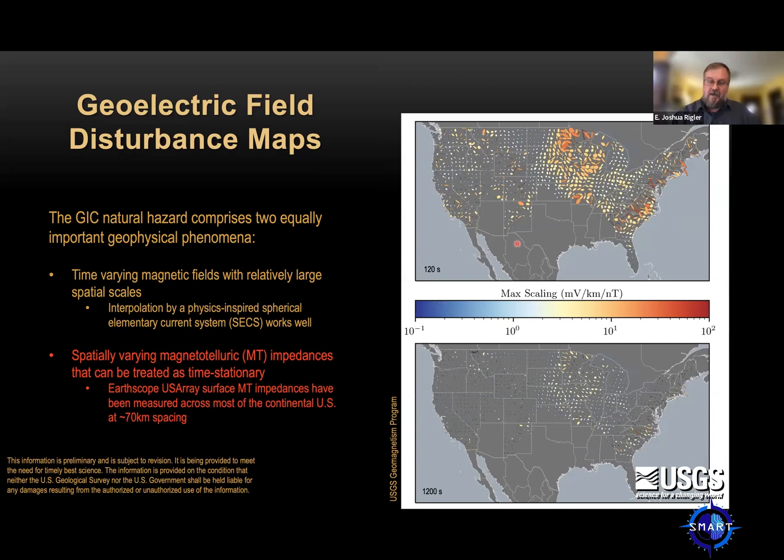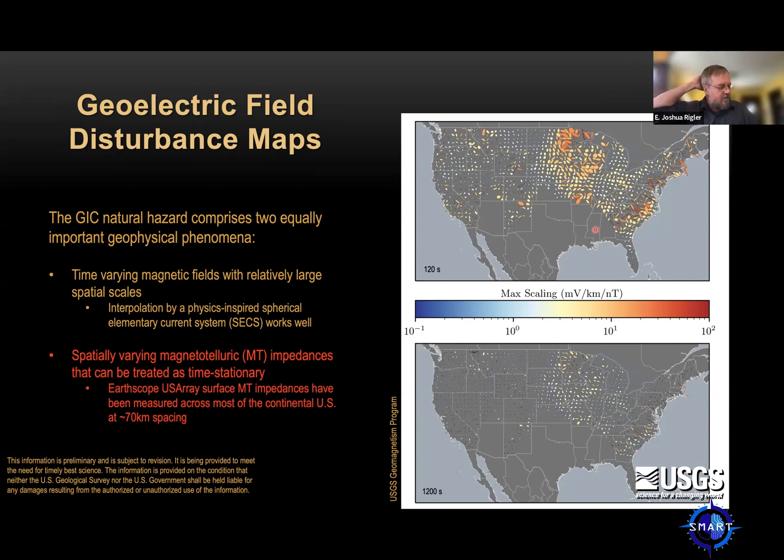If you have a higher resistivity, you're going to have a higher electric field. If the ground is highly resistive, currents are going to want to short circuit through your infrastructure, through your power grids. So it's places where we see a lot of resistivity where you're going to have the highest hazard. Also over here on the East Coast, although it's a little difficult for me to see because of the meeting participants covering it up, we can see high resistivity.